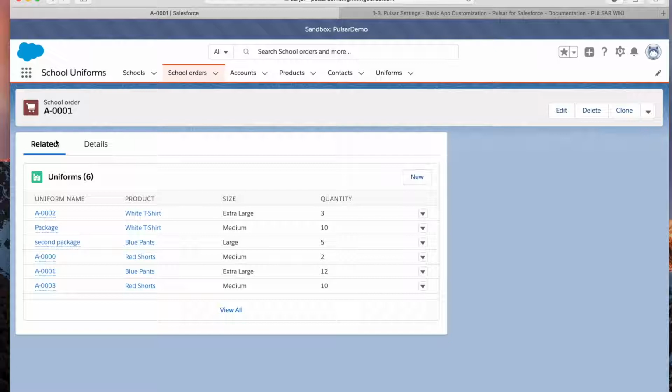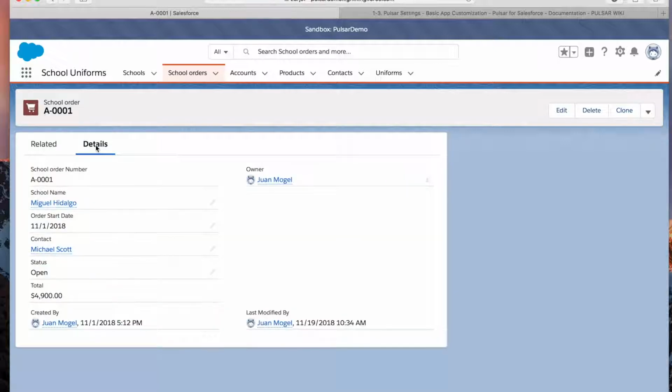You will see that, for example, this school order has 6 uniform records, and each record has the code, the product, the size, and the quantity. Each of these records has a price, and there is a summary field from that price in the total. And it's important to say that in the uniforms,